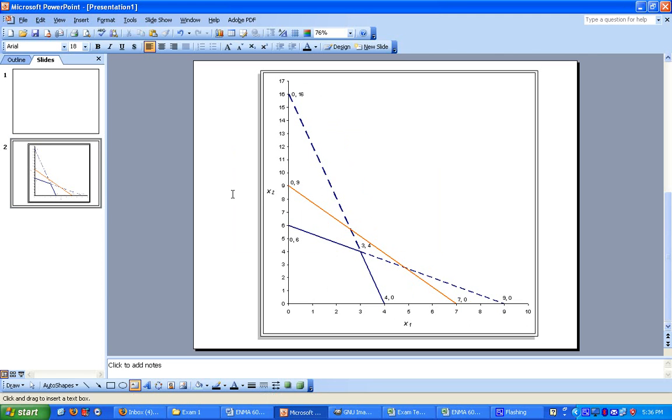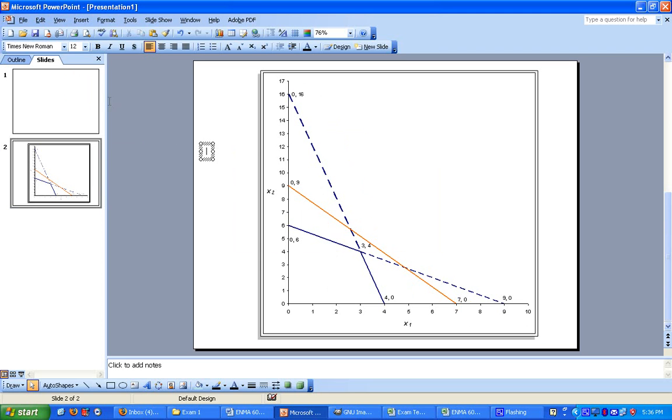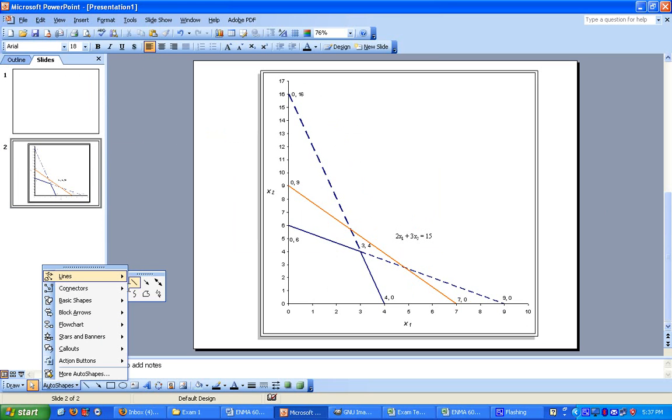Now I would like you to label each one of these constraints using a Times New Roman 12 font. Let's suppose that the objective function was 2x1 plus 3x2 is equal to, say, 15. These are numbers that I'm just making up for demonstration purposes. I would like you to make sure that you put these subscripts, move this over, and let's suppose this was the objective function here. Then just create a curved line